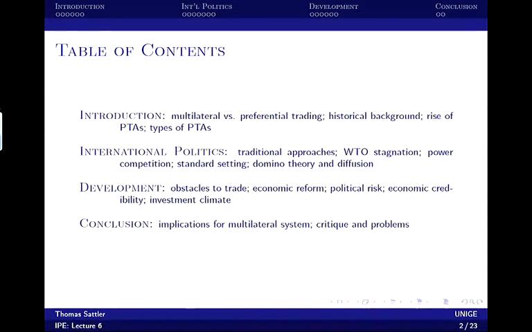And the second explanation refers to the development strategy of the different countries. So we saw a shift in the development strategies in the 1980s and 1990s that favored the rise of these preferential trade agreements. And the argument here is actually that it's not so much about trade. The development argument is it's about locking in economic reform, promoting economic reform, and reducing the amount of political risks that we see in developing countries.